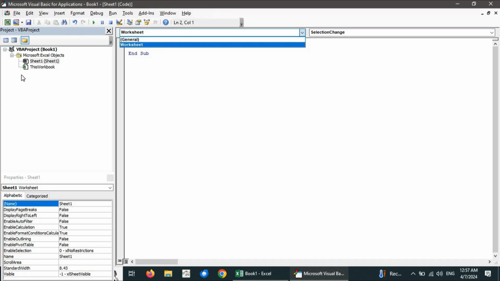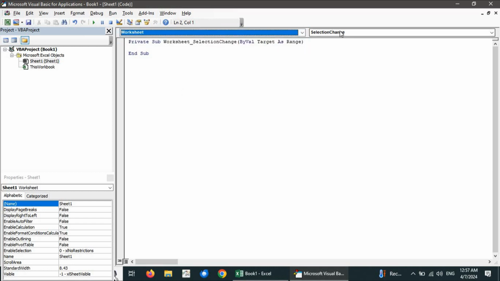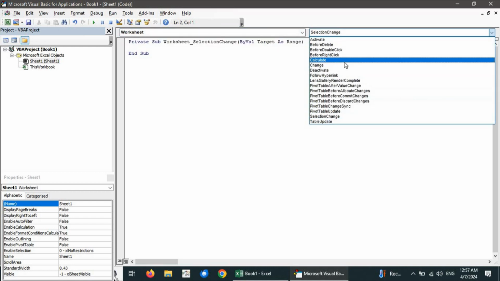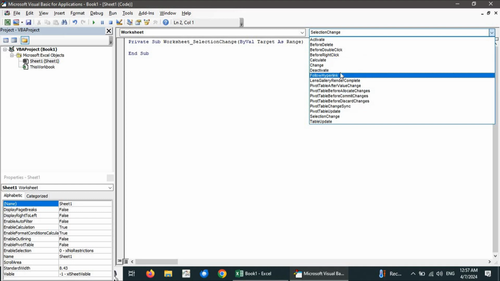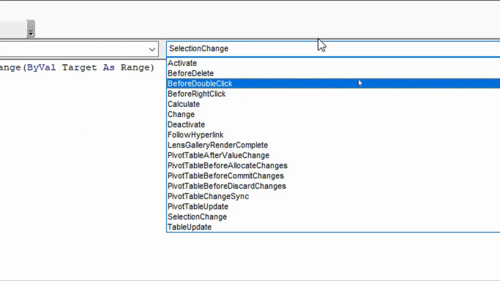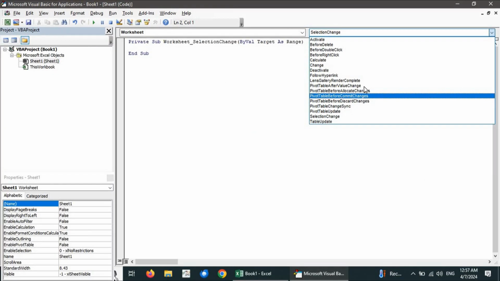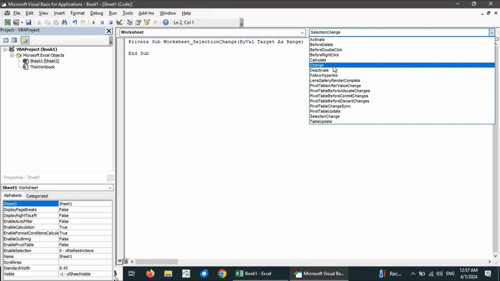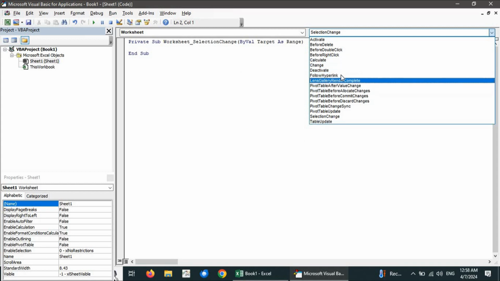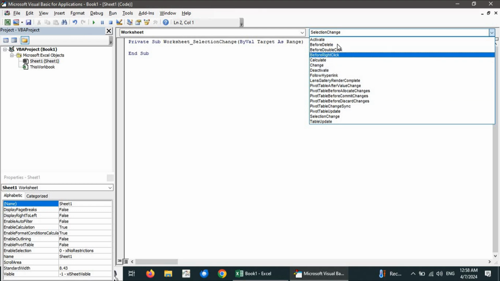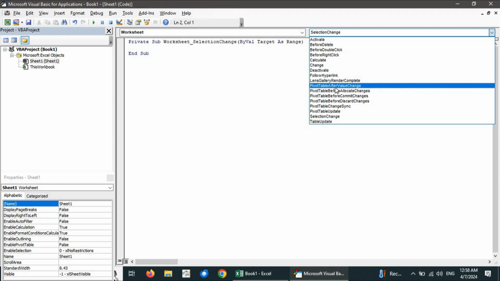We can also add more worksheets from Microsoft Excel or using the Excel workbook. Here is the list of events that can be handled using VBA. Here we can observe the list of events that can be handled, or we can write an event handler using VBA. I am just selecting a simple event that will show us the implementation of Microsoft